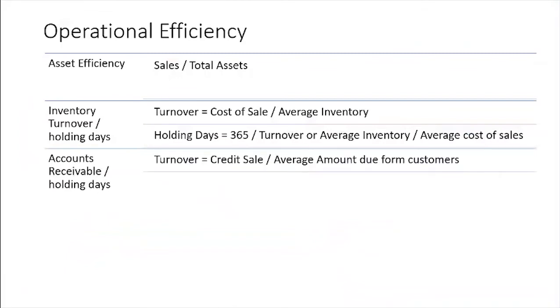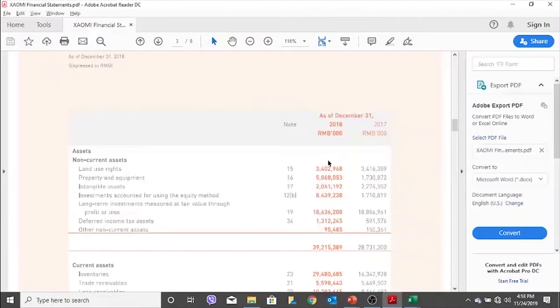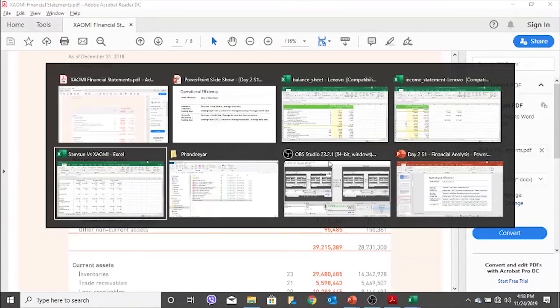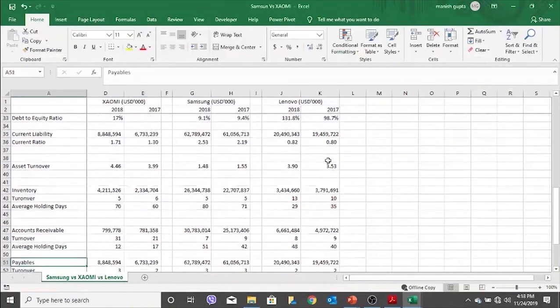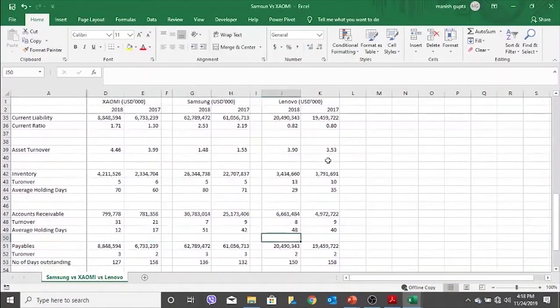Account receivable turnover means my credit sales divided by my average accounts receivable. So what does it tell you? It tells you how many times you are able to sell and collect back from the same customer. How many times is it? If you compare the ratio, the formula is the same. So if you compare the three companies that we are discussing, the average turnover here is 8. So they are able to sell 8 times to the same customer.